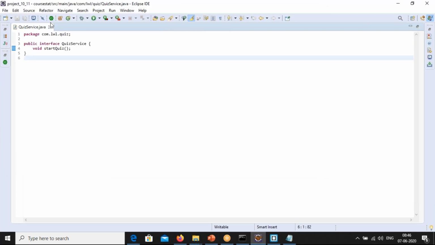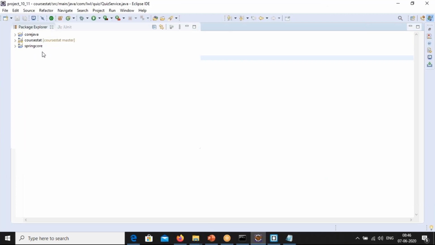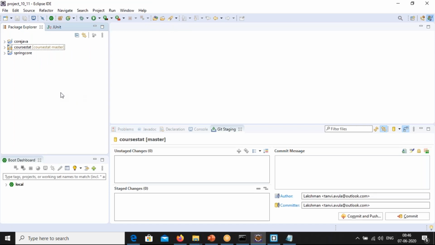Now, whenever you are working with Java, you will be using one of the IDEs. The IDE can be Eclipse, or you have a lot of IDEs available in the market, like IntelliJ, NetBeans, Visual Studio Code. You can use any of them. If you are already familiar with some other IDE, go ahead with that. In this course, I'm a big fan of Eclipse, so I'll be using Eclipse.